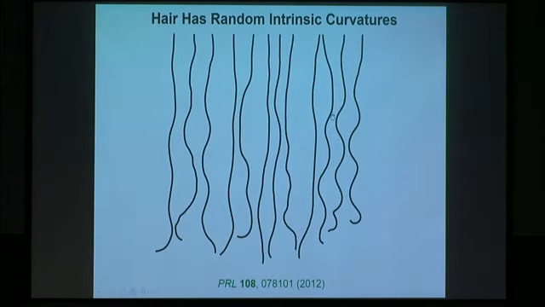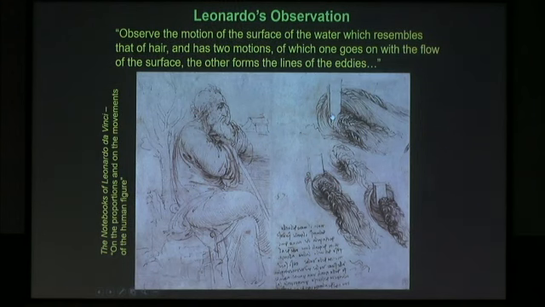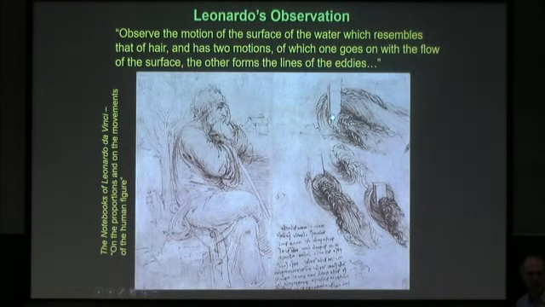Okay, so hair has stiffness, hair has weight, and hair has random curvatures. So if you were to take apart one of these ponytails and image them under the microscope, you would see that there are a whole bunch of random built-in curvatures, and it's the work done against those elastic springs that you feel when you compress a bunch of hair. So the question is, how do you build a theory of a bundle of hair?